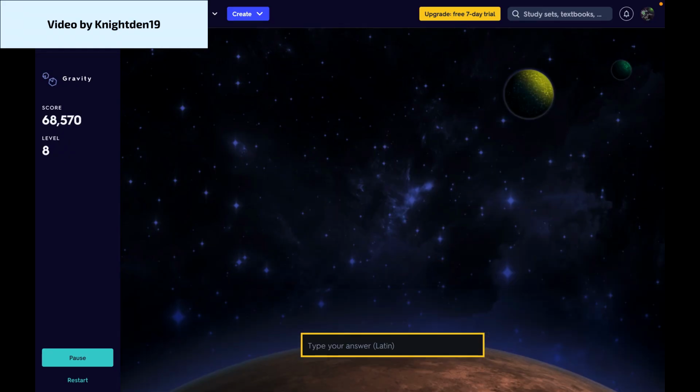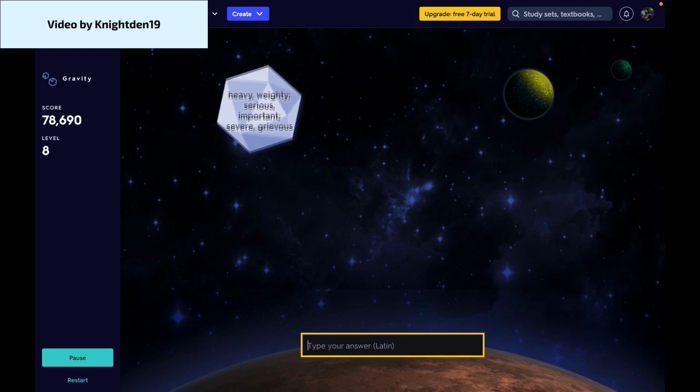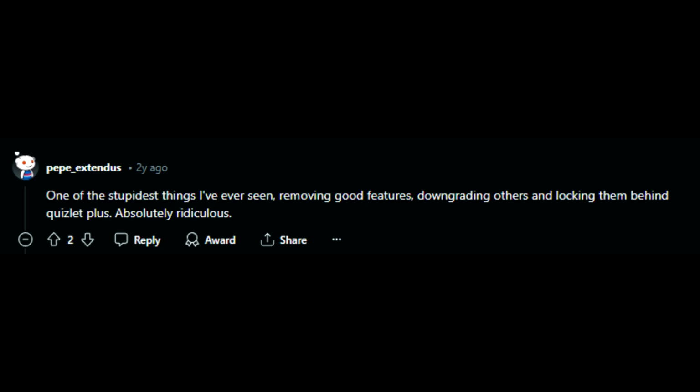Gravity Game, for example, was one that I found particularly useful as a way to gamify studying by always being able to aim for a higher and higher score. Quizlet has only continued down the path of removing good features or paywalling them. Thus, that leads me into what my project aims to do.